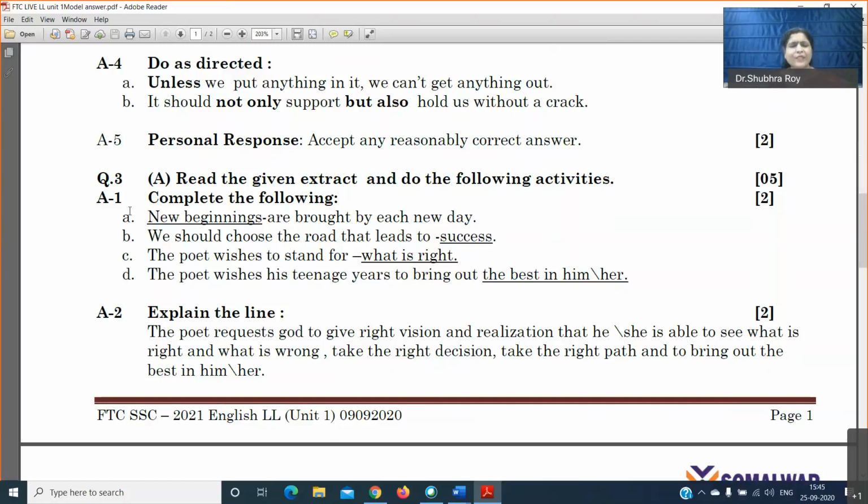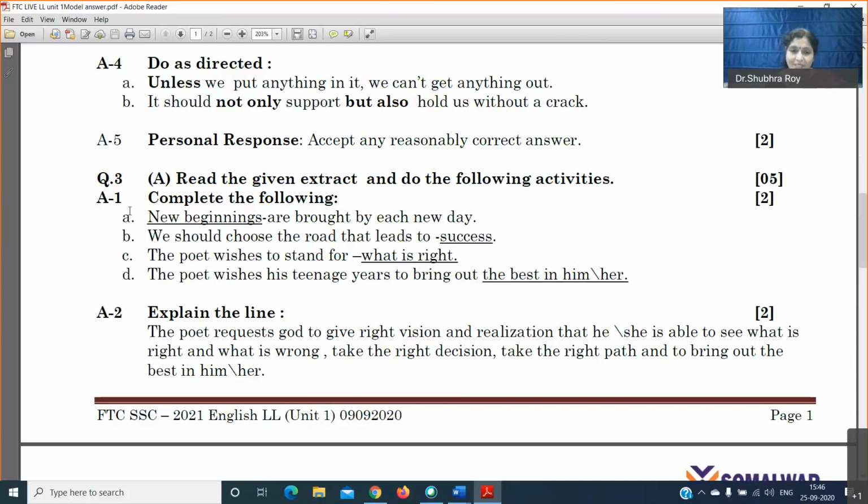Activity 2 is a little difficult for you because it is based on the central idea. Now, why? I can give you a hint there. Since you are preparing for appreciation, you are preparing the central ideas of all the poems, isn't it? Therefore, if you remember to write the central idea in the global understanding question, your answers won't go wrong. But definitely, you have to read the question first. Read what the question is first. "Explain the line" was the question, and in explaining that line, maybe you did not require any central idea, you just have to explain the line. But you have to explain the line visualizing the objective of the poet, what the poet wants you to see.